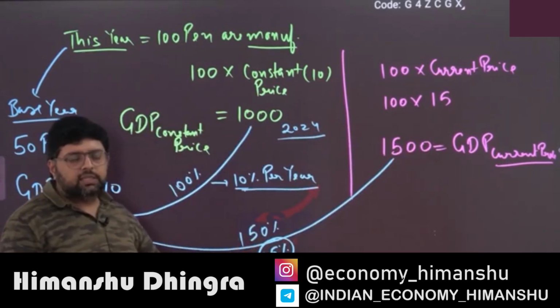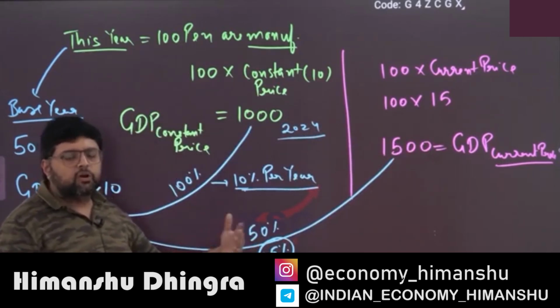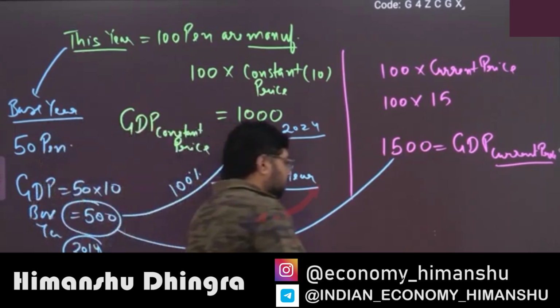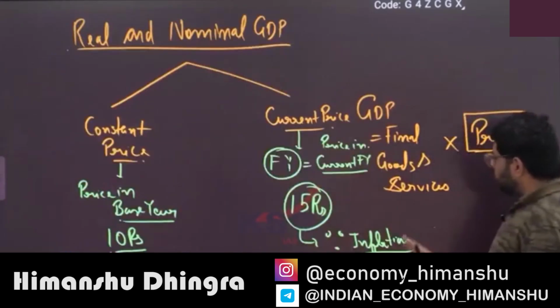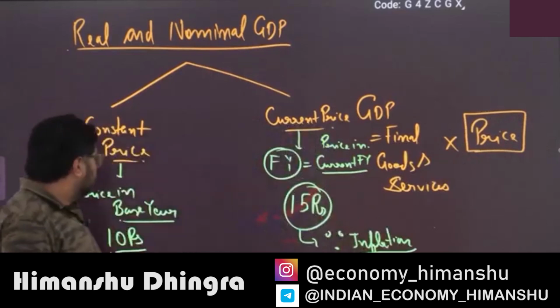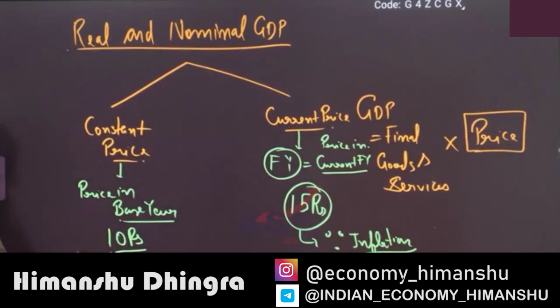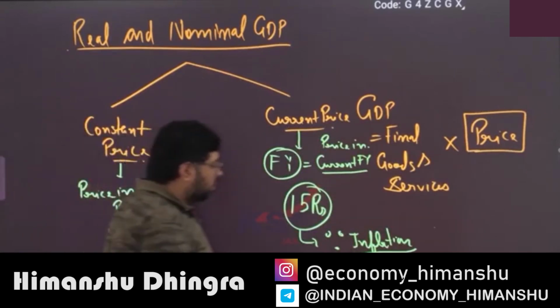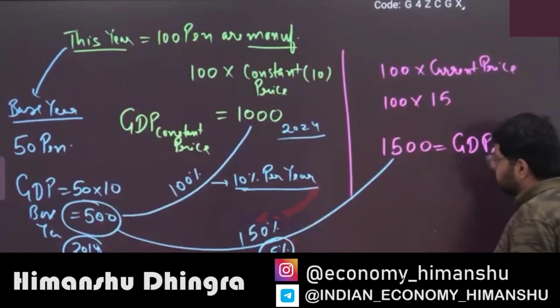Current price is current price, which means it has increased because of inflation. Okay, now whenever we calculate GDP, ultimately we have to compare the GDP with base